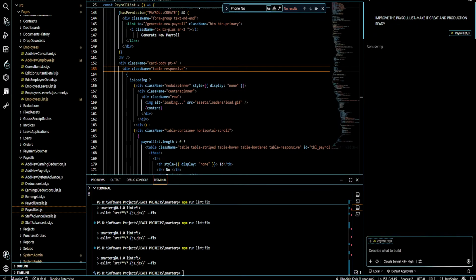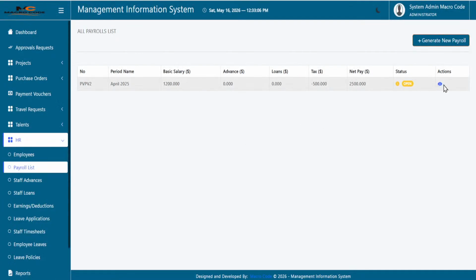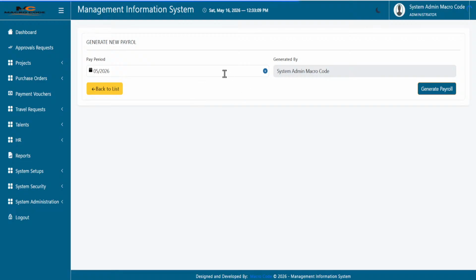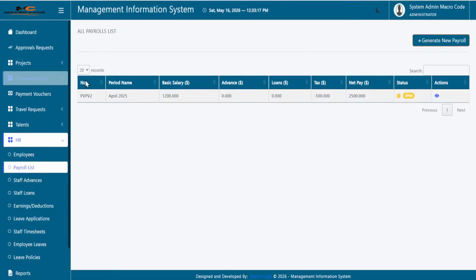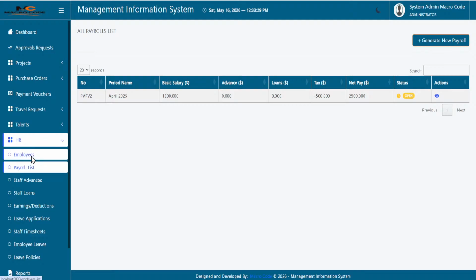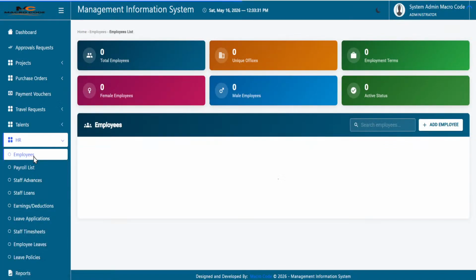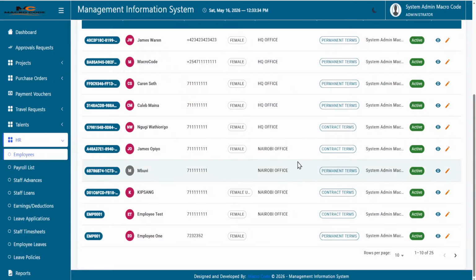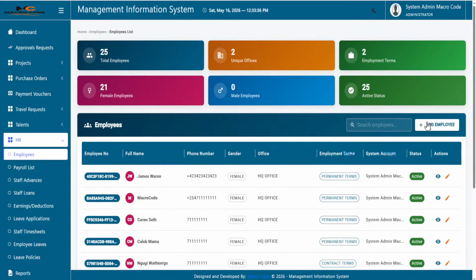I'm trying to avoid writing a lot of boilerplate code. So these are something that we have done. As you can see, you can generate payroll. These are just dummy data. Let's just wait for our. So if we check currently how our data here looks like, the look and feel looks great, and